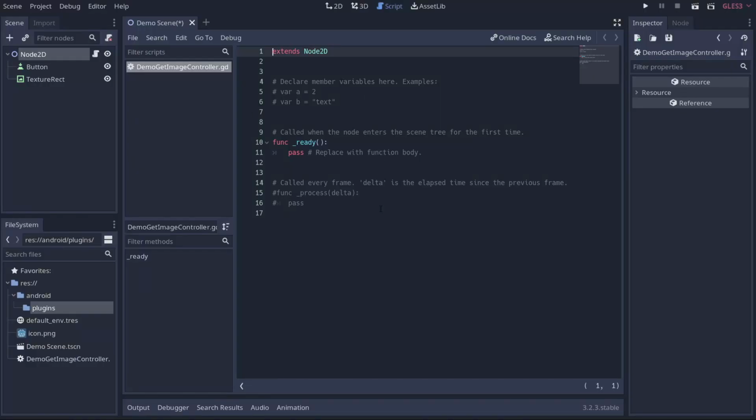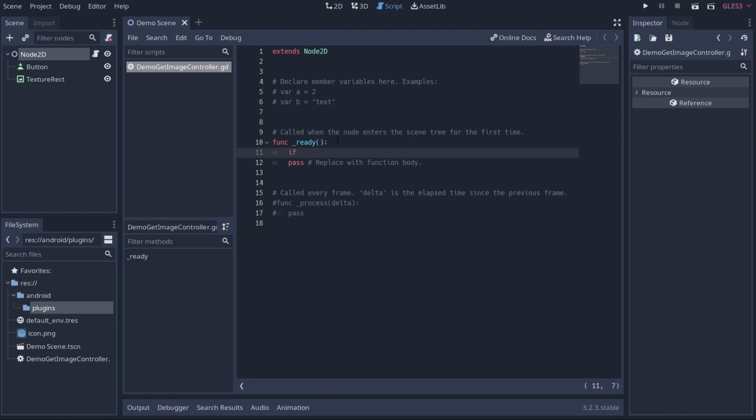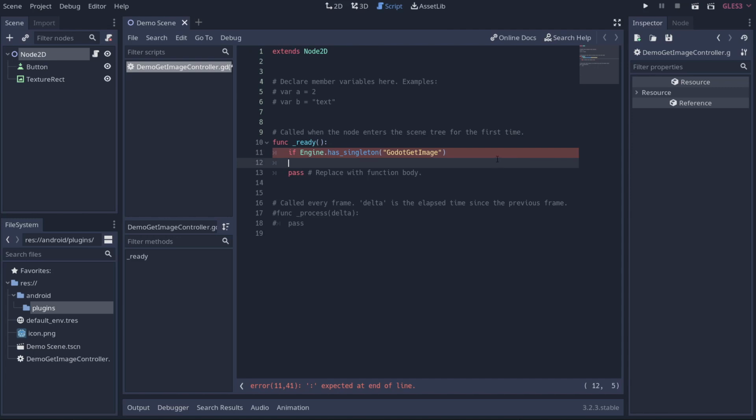So you'll see that this is the default script that they give us. Like I said, save often. So I just hit Control S for us. And what we're going to do is we're first going to check if we have that singleton. So Engine.has_singleton, and we need it to make sure that it has the Godot get image plugin. Now the question is, and I need to put a semicolon here, the question is,